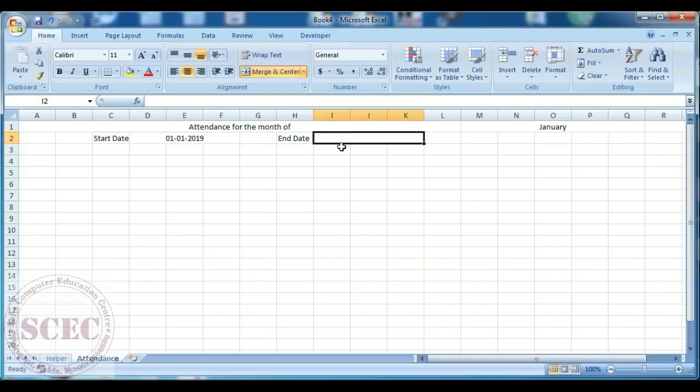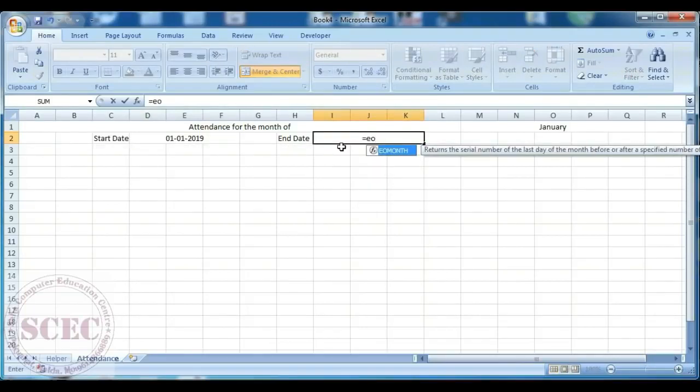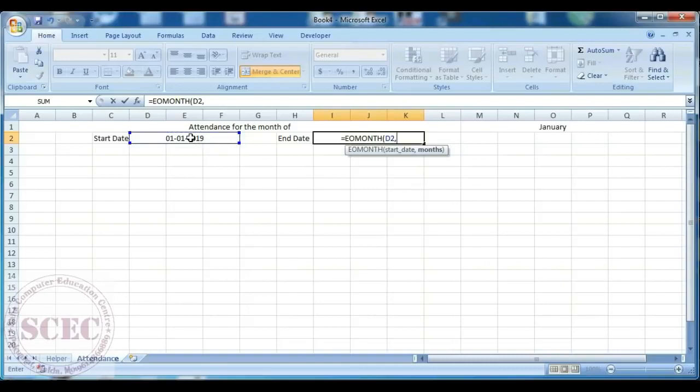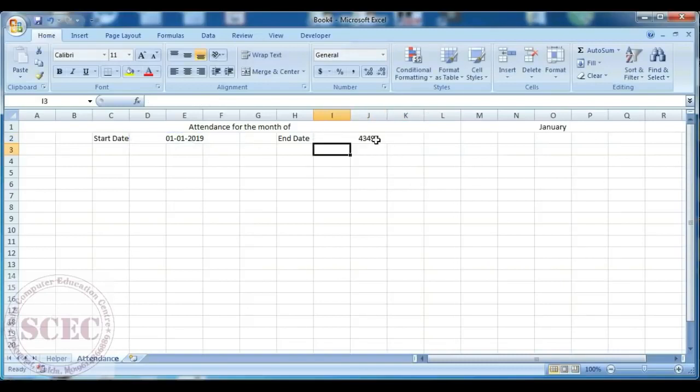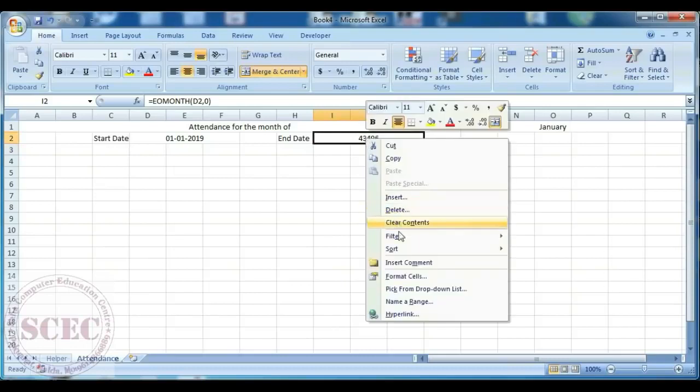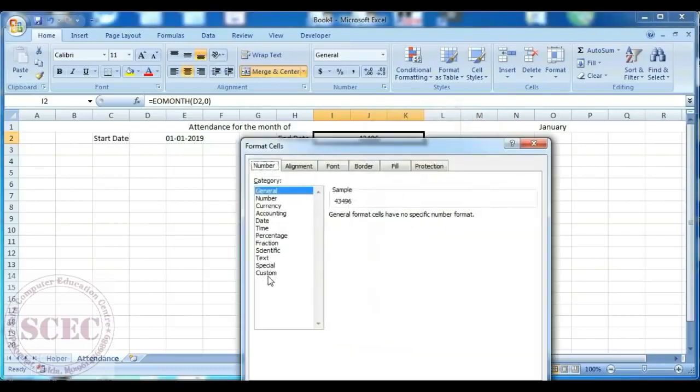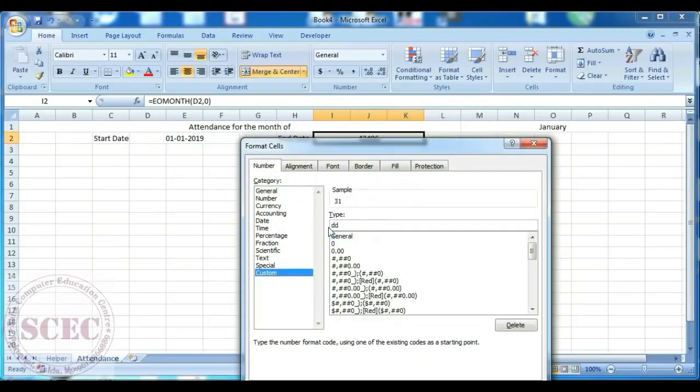Now to get the end date, we have to give another formula, that is equal to EOMONTH, and click the start date and then month 0, then close. We have got another serial. So again convert it as a date with Format Cells, Custom, DD-MM-YYYY.